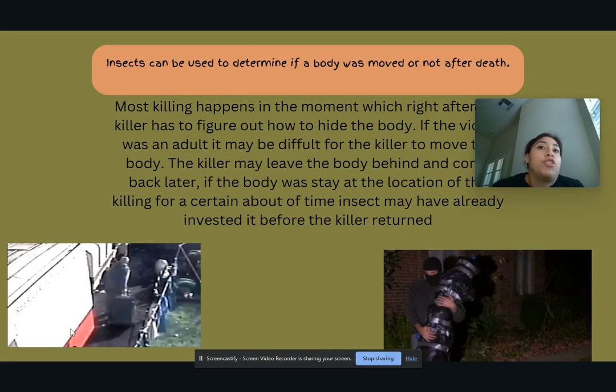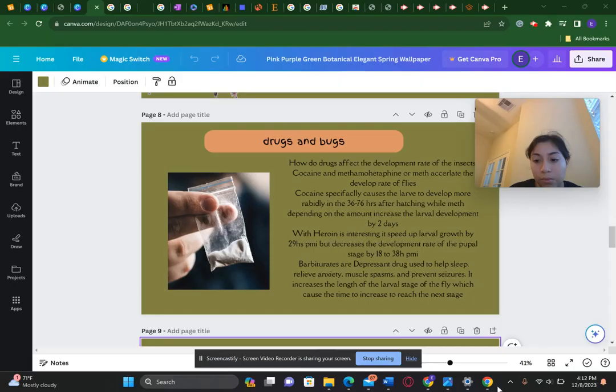And this can be used to determine if the body was moved or not. Most killings happen in the moment, right after which the killer must figure out how to hide the body. If the victim was an adult, it may be difficult for the killer to move the body. The killer may leave the body behind and come back later. If the body stays at the location of the killing for a certain amount of time,